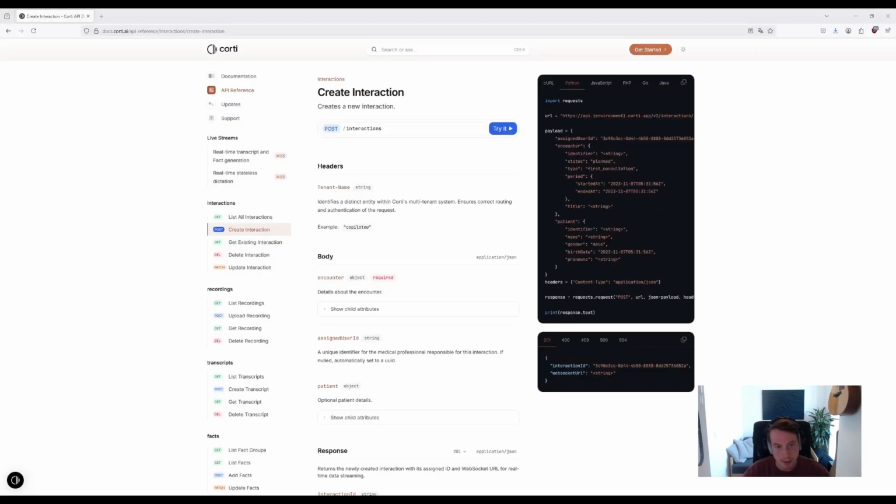Once authenticated, the next step is to create an interaction. An interaction represents a clinical conversation, and this is what you'll stream audio into and receive insights from. The interaction is created using a simple POST request to